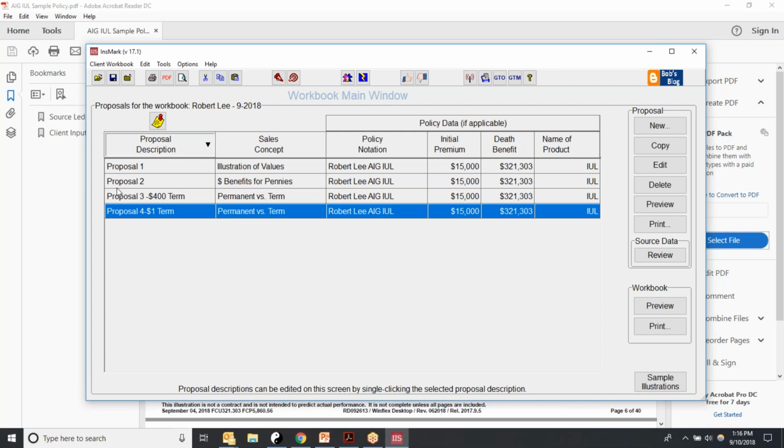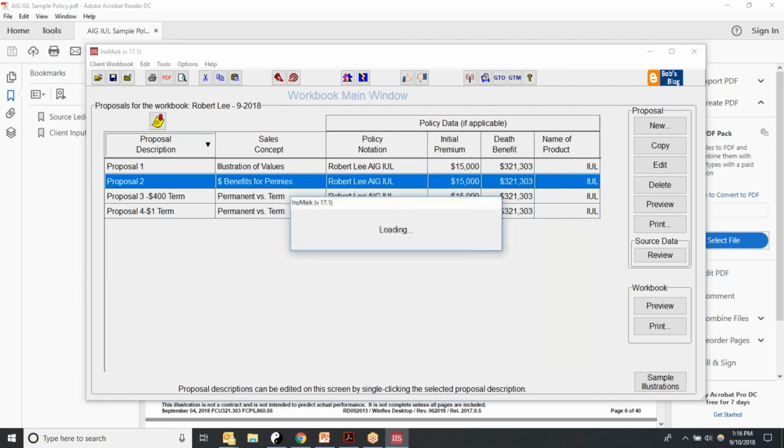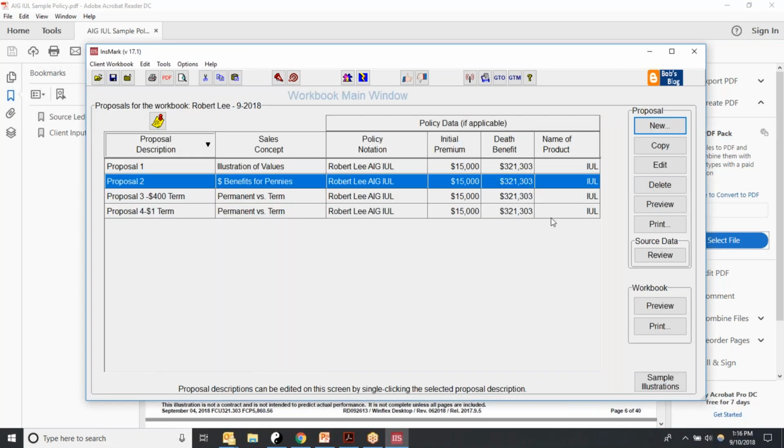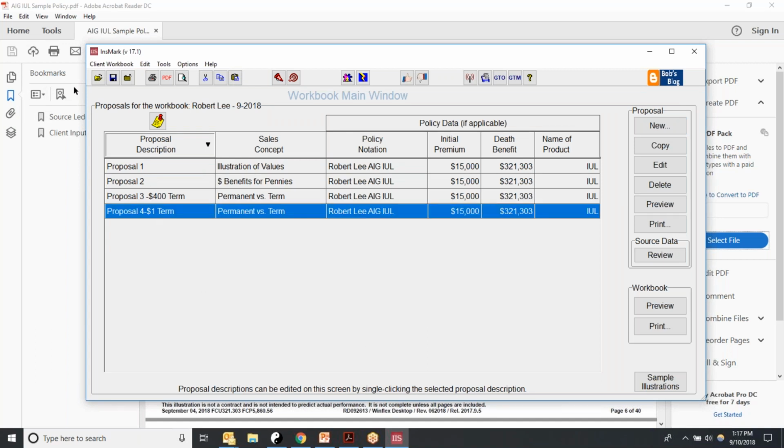Okay, to edit the naming of the proposal, don't double click. If you double click, clicking twice fast, it's going to open up the case. So to change the name, click on it once and twice, and then you can type over it to custom name it. Okay, so we got 1, 2, 3, 4, and